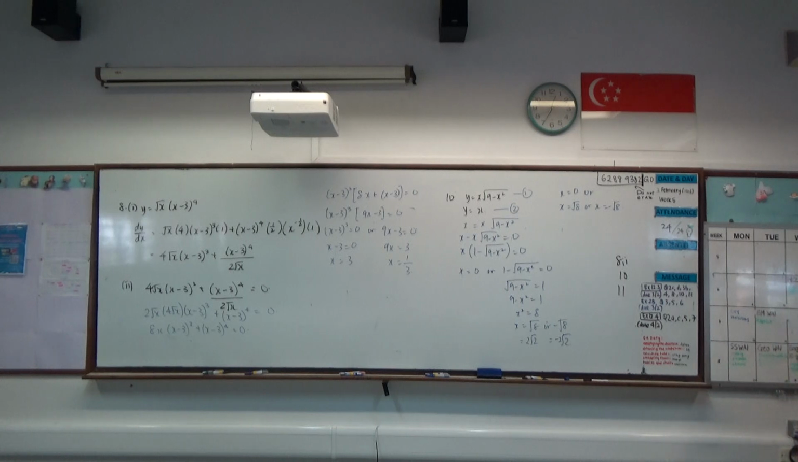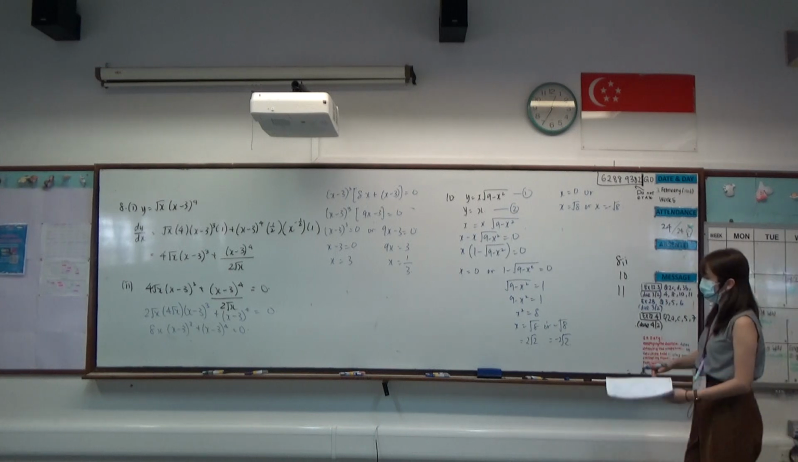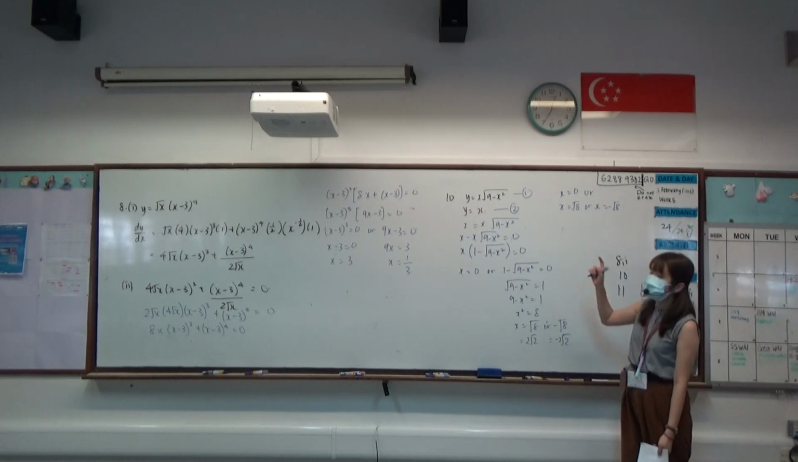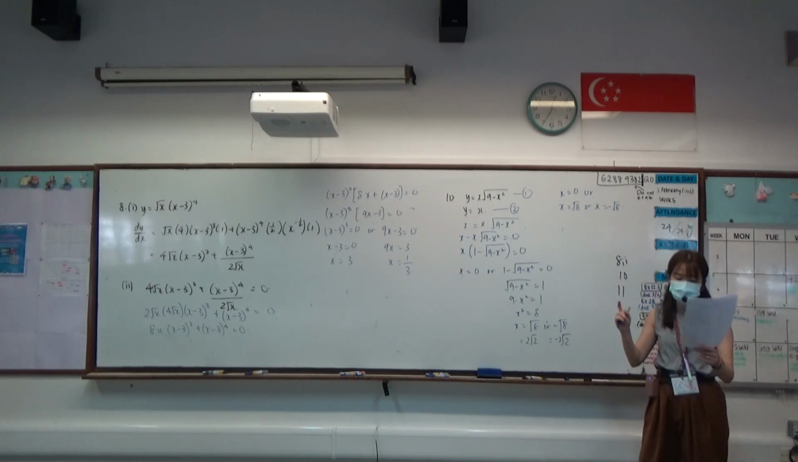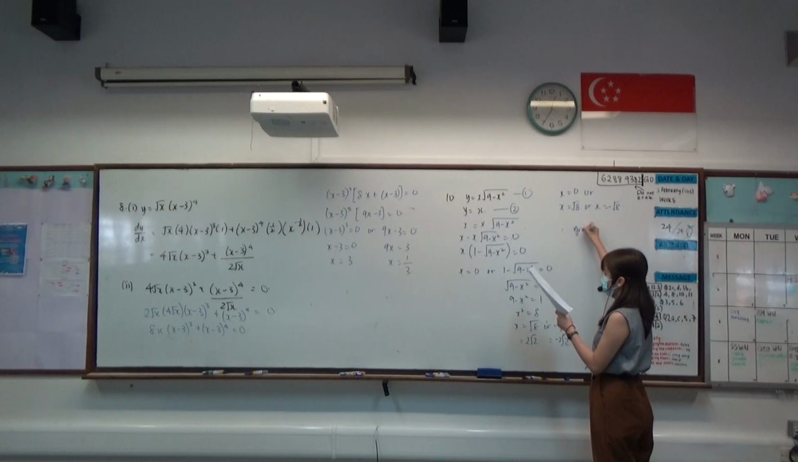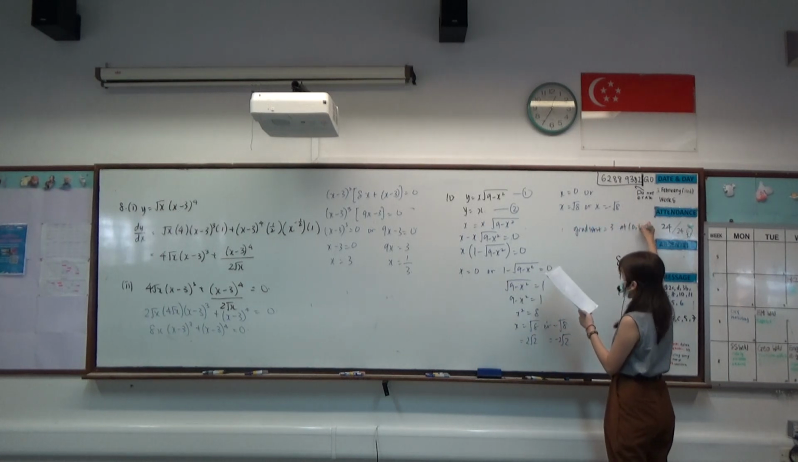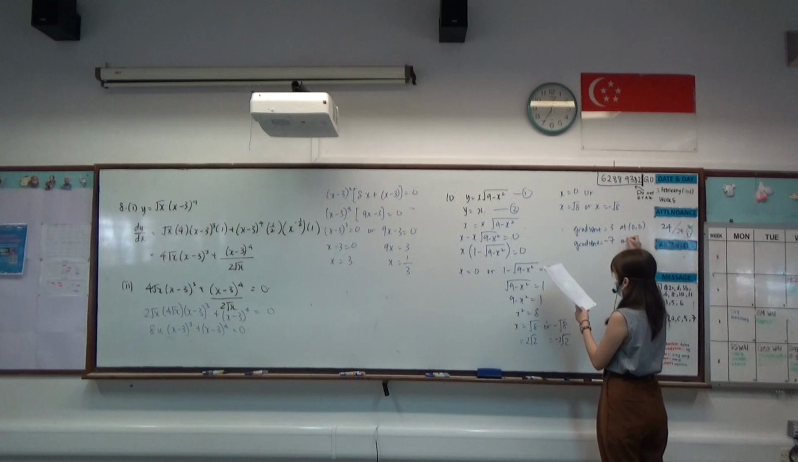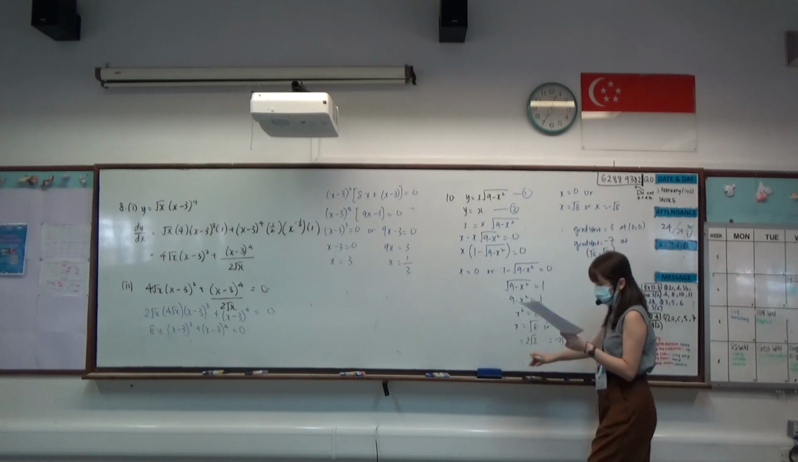Once you get your dy over dx, substitute in these 3 numbers individually into the dy over dx, and you will find that the gradient will be 3 at (0, 0), and negative 7 at (square root 8, square root 8)